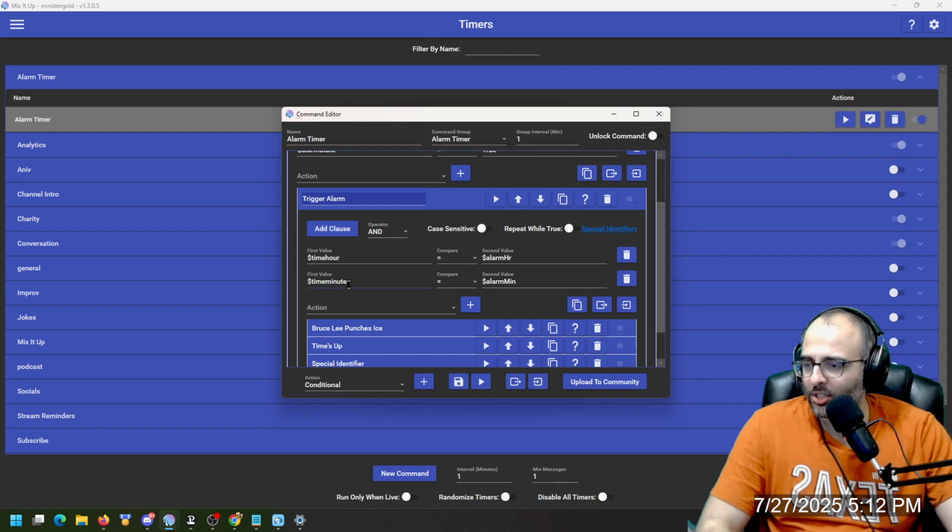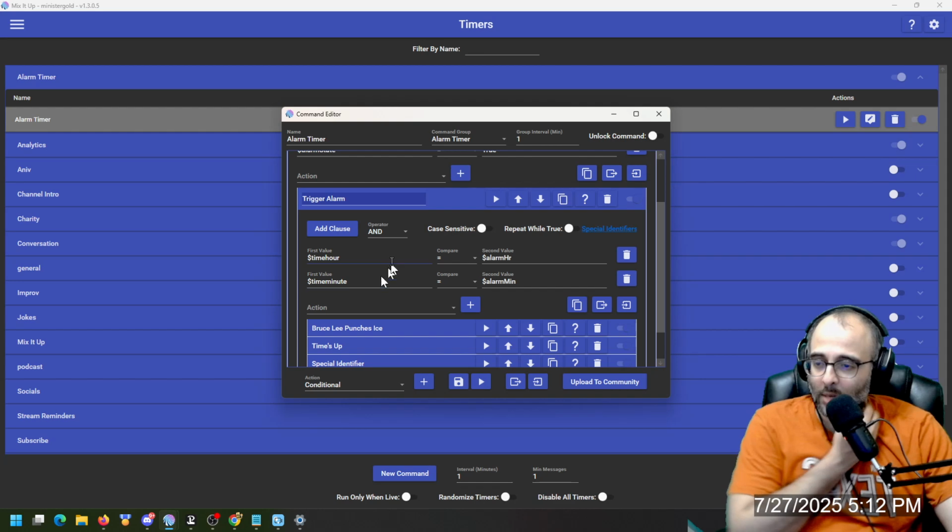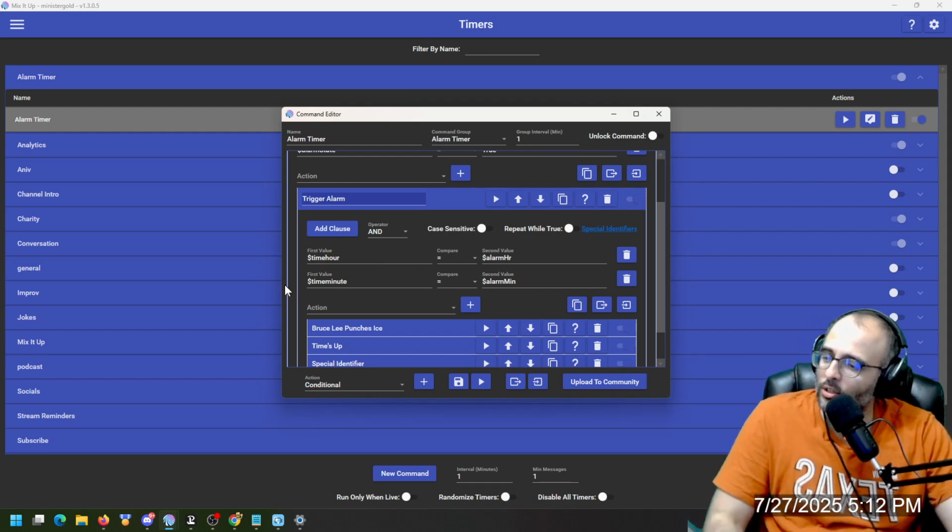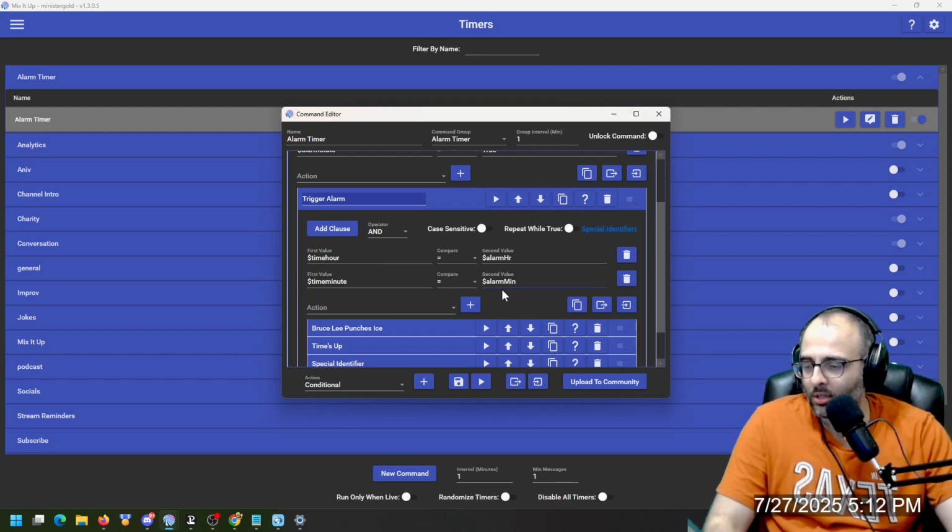It's going to have two clauses, so add clause and make sure you're using the and operator. We're checking if $time hour equals $alarm hour. So time hour is a built-in special identifier for the current time at the time of using it. And then $time minute is another internal special identifier. We're checking if it's equal to alarm min to see if the current minute is equal to what I set